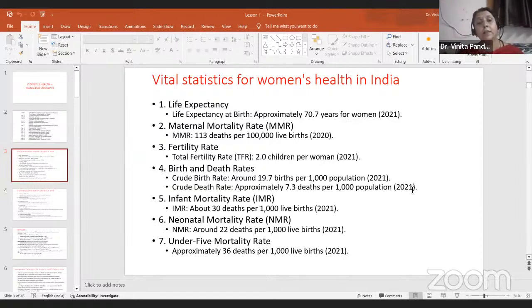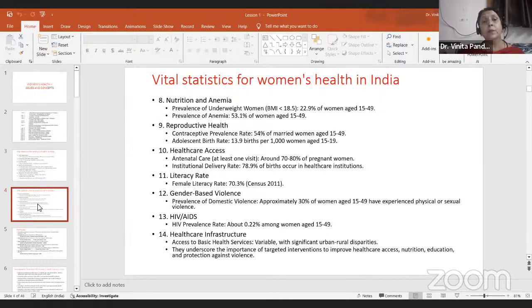Infant mortality rate was about 30 deaths per 1,000 live births in 2021. So these statistics also help us understand how the overall health development and health parameters operate at our national level. So apart from those statistics, when we try to understand other dimensions like